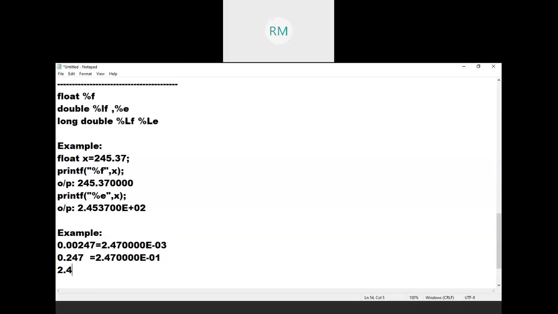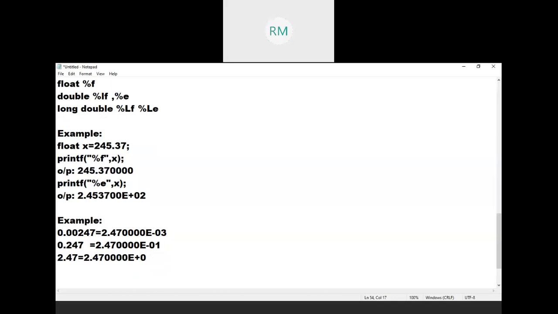2.47 is actually already in normalized form. Yes, to the left of the decimal point there is one non-zero value. That's why it is in normalized form. If it is in normalized form, no need to do anything. Just add the trailing zeros, 4 trailing zeros. Here the power is E plus 0, that's it, 10 power 0. No need to multiply with anything. Yes. Next,